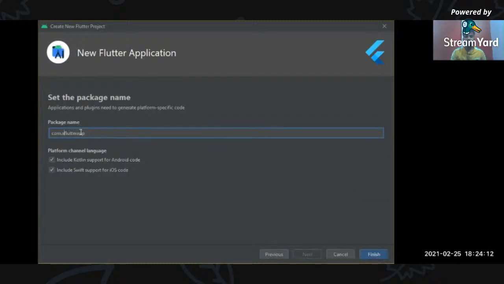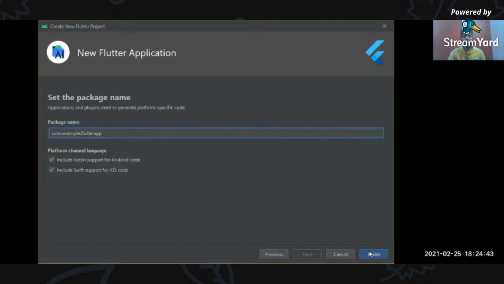Then you will be presented with this package name setting, and you can configure it to anything, let's say com.example.flutterapp. And for the platform channel language, leave it checked here, so that your Flutter platform supports all the Android and iOS code as well, iOS application as well.